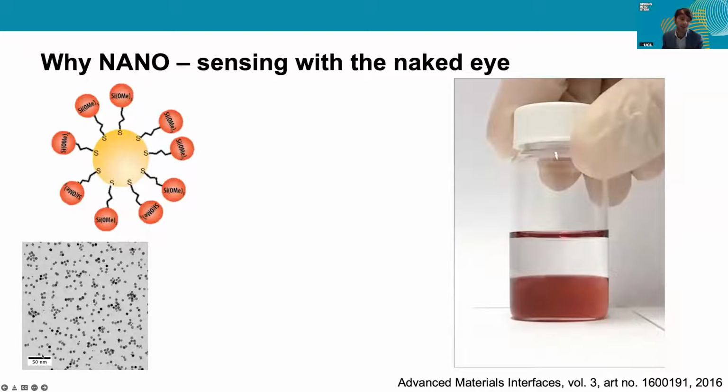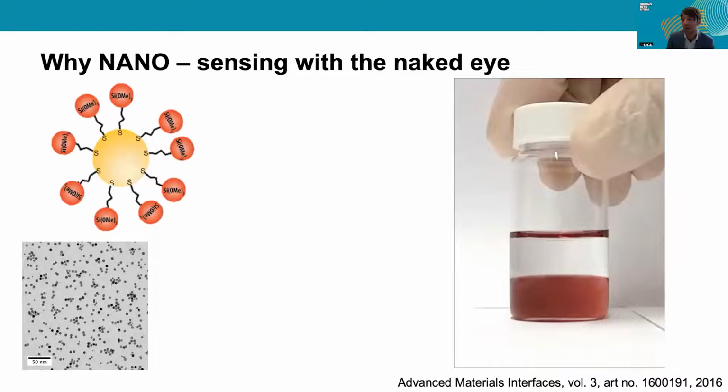This is a nanoparticle. So you see here on the nanometer length scale under a transmission electron microscope, you see these kind of dots. So these are little spheres of gold, and we can see them with the naked eye because, again, they resonate with a certain wavelength of light. So in this case, they have an absorbance peak in the red, and this therefore allows you to basically see the color of these dots.